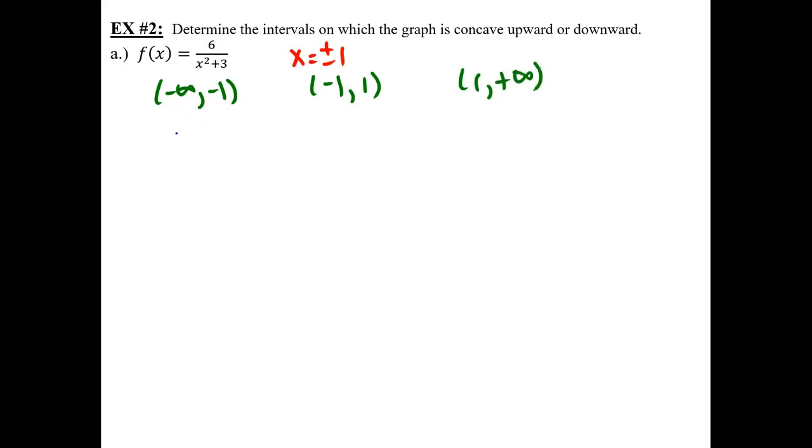So let's look at values of x: x is negative 2, x is equal to 0, and x is equal to 2. Substitute it in the second derivative function. We have 36 times negative 2 squared minus 1 all over